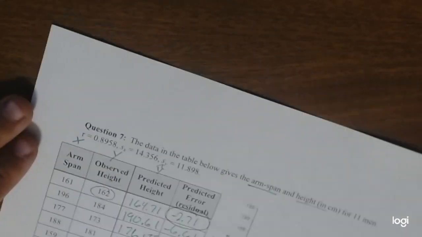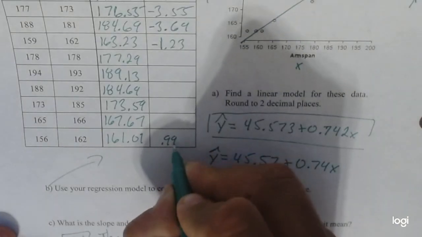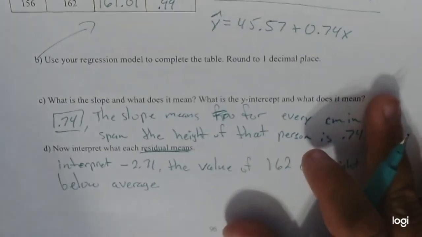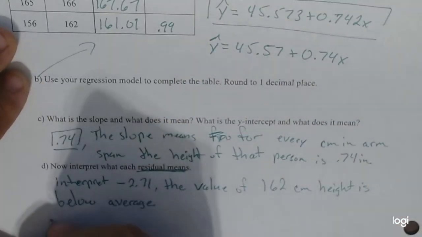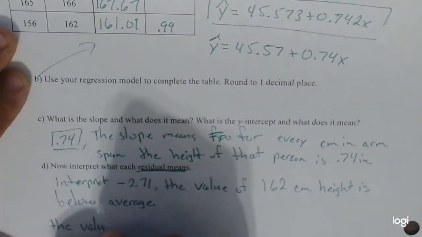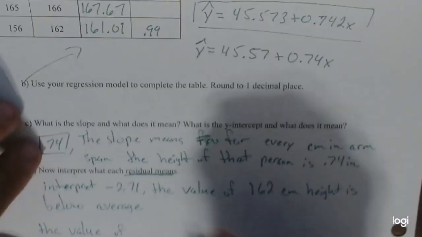Let's actually do one of these that's positive, so I'm going to do the last one as well. 162 minus 161.01 gives us 0.99. So definitely positive. Okay, so we'll interpret the last one, 0.99. The interpretation is the value. Again, always go to the y variable. So the value of, now what was the height? Because that's the y value, of 162